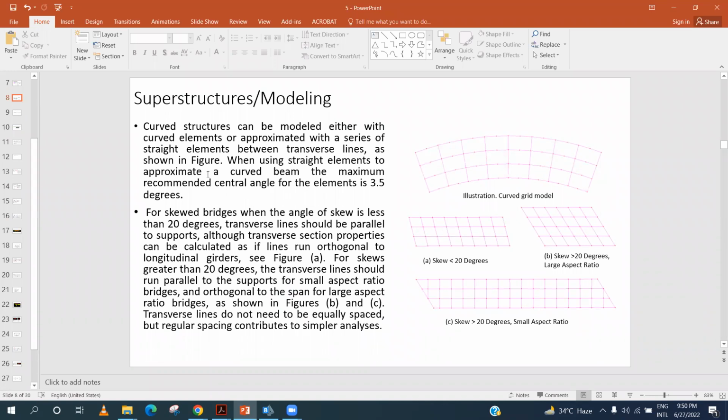When using straight elements to approximate a curved beam, the maximum recommended central angle for the element is 3.5. So this element angle should be 3.5, not greater than 3.5. This angle. For skewed bridges, when the angle of skew is